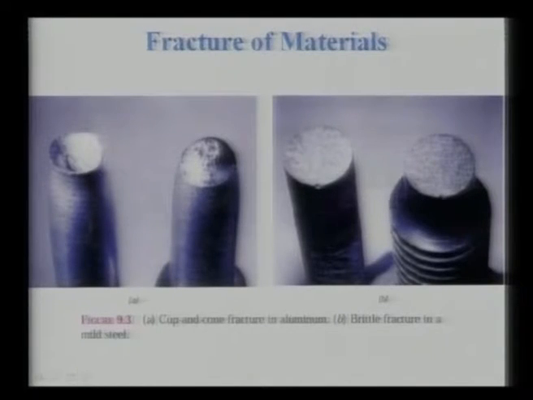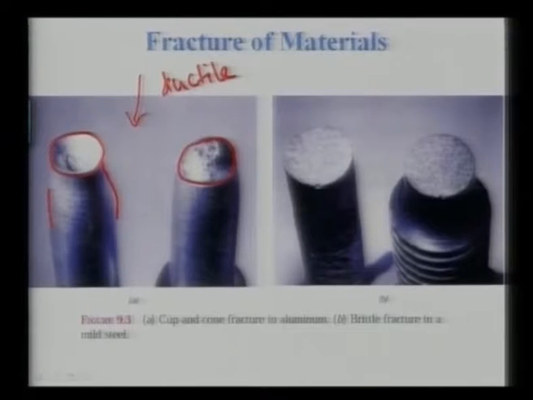Now this one is a typical ductile behavior. Why am I saying typical ductile behavior? So these are the two parts of a long cylinder which is being pulled in tension, and what you see here, you look at this area and you look at this area. In these two areas, prior to fracture, the material has experienced extensive deformation, because you can see the diameter of the cylindrical specimen here shows extensive contraction prior to fracture, and this is called, in metallurgical language, cup and cone type of fracture.